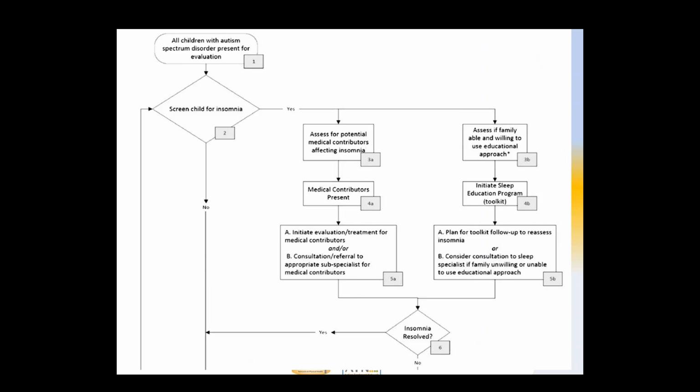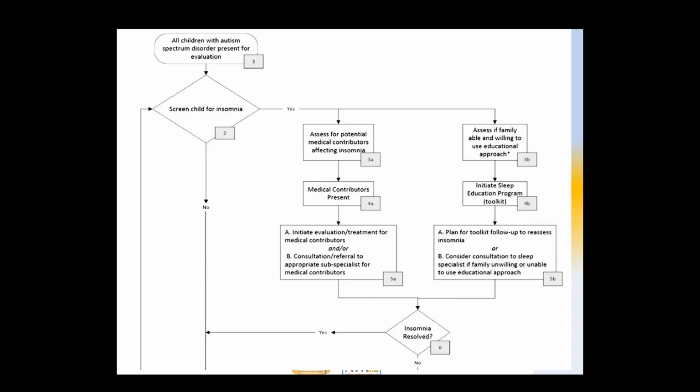A little close-up here, and we're going to talk more on the next slides, shows that the first question is we need to ask if there is a sleep problem. Across the United States, across all children with or without autism, it's been found that the majority of healthcare providers are not asking about sleep problems. And I've already presented to you how sleep problems can have a significant impact on our daytime behavior and functioning. So our first step is to screen for insomnia. Is it present or not?